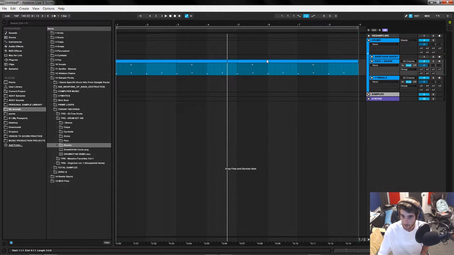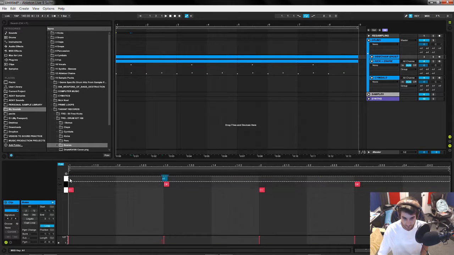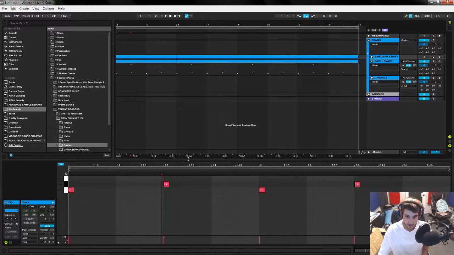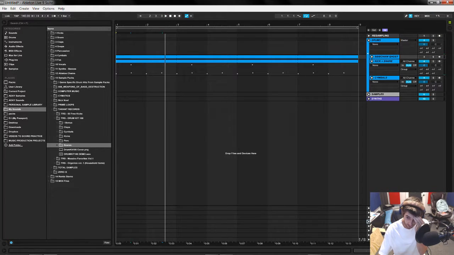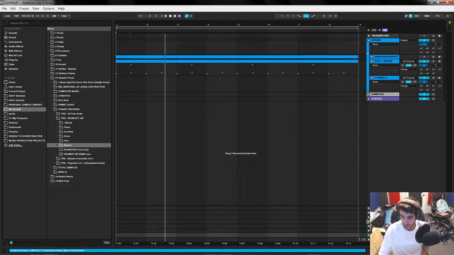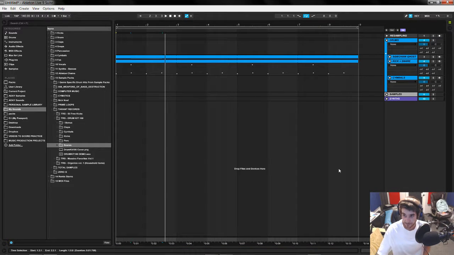Cool. And we'll throw this on the sidechain for now. 1 and 3. Just put it down. My sidechain is just a white noise. Little hit. And then I'll route it with the send on the sidechain for anything I want to sidechain. That helps with the CPUs too. I also like to turn off all this, so. Alright. We got that going.